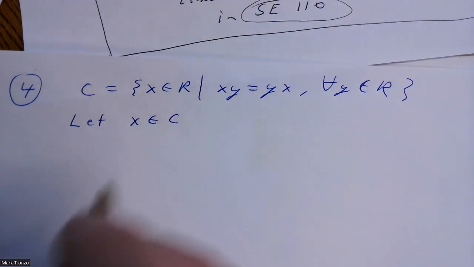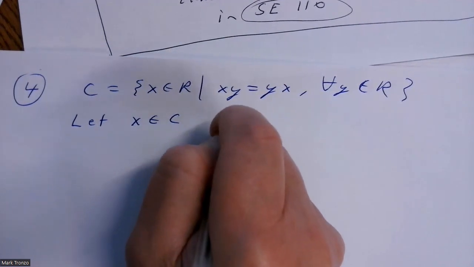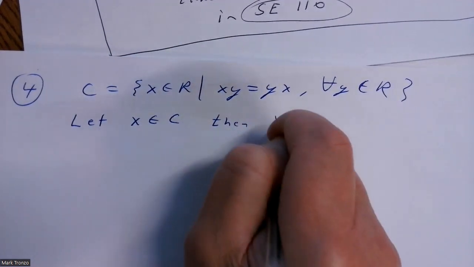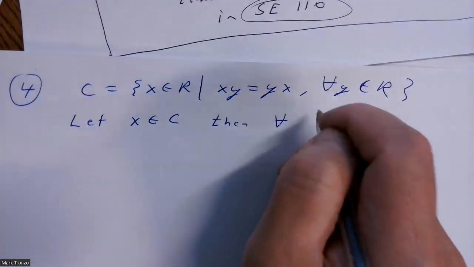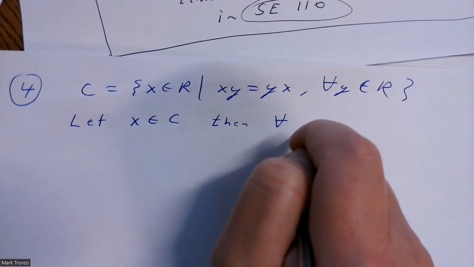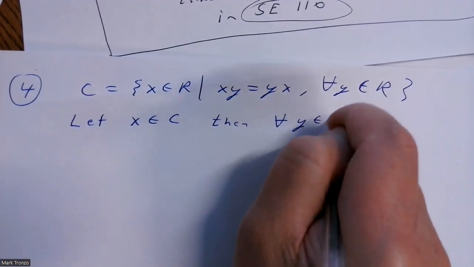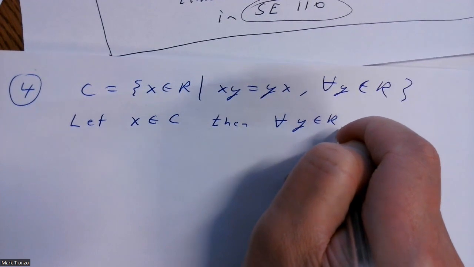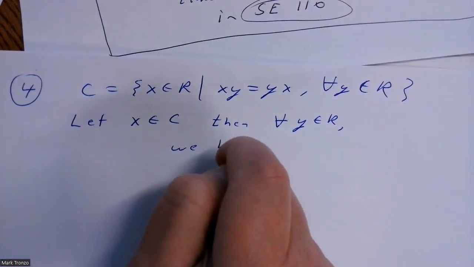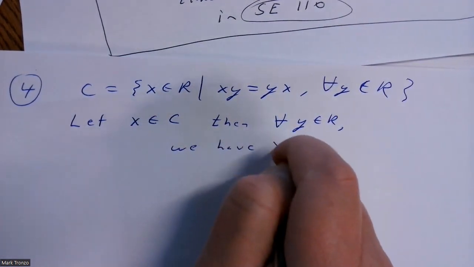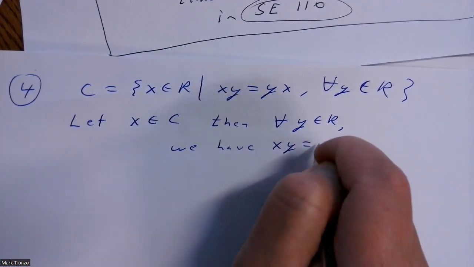That we have to say to ourselves, then for all Y in the ring, we have X Y equals